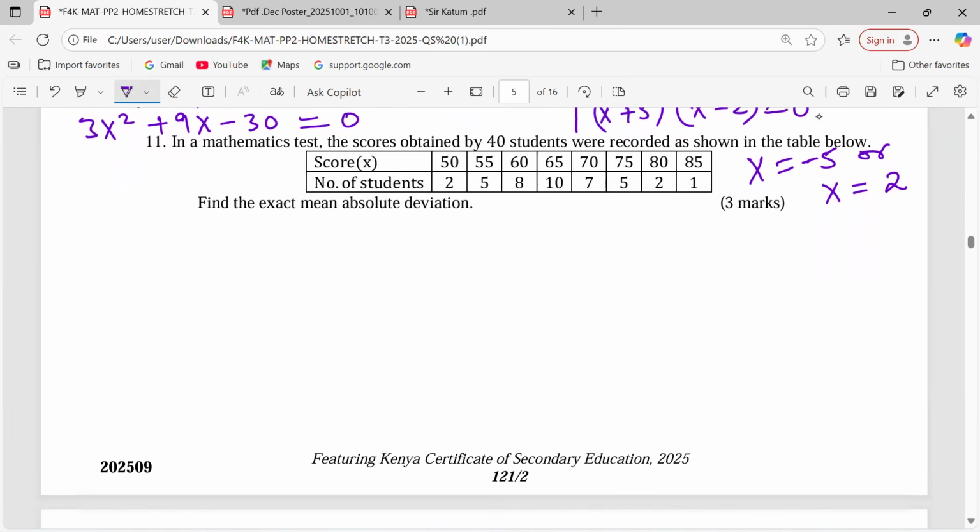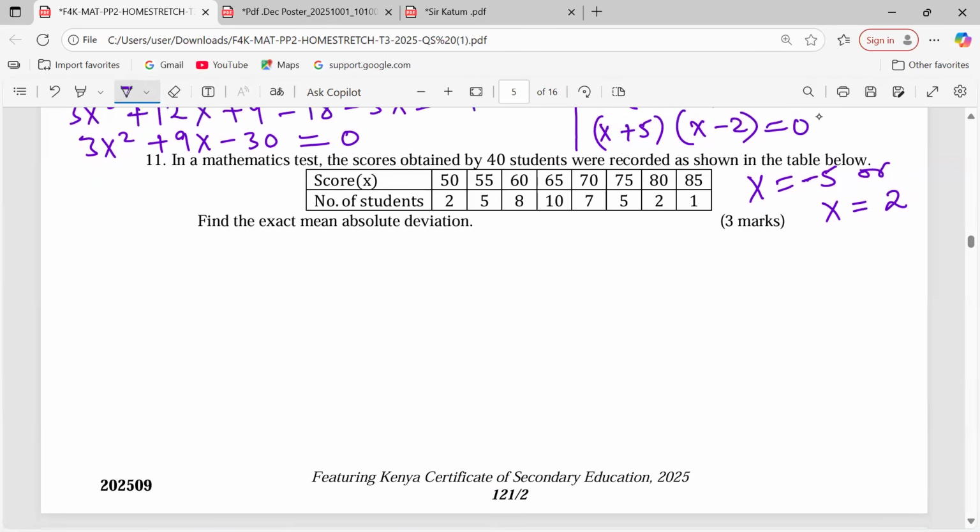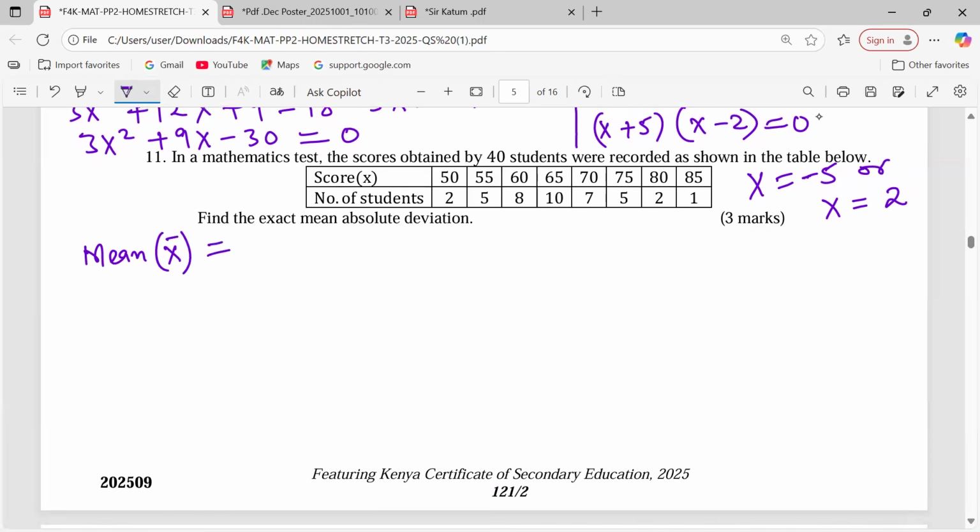Number 11. In a mathematics test, the scores obtained by 40 students were recorded as shown in the table below. We have the scores, then we have the number of students. Find the exact mean absolute deviation. First, we're supposed to find the mean. What is the mean? The mean shall be